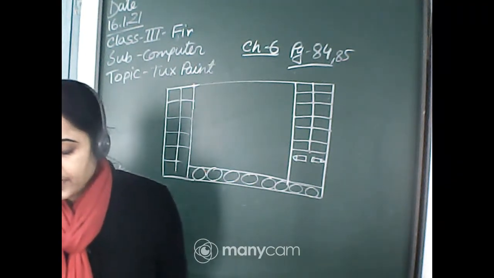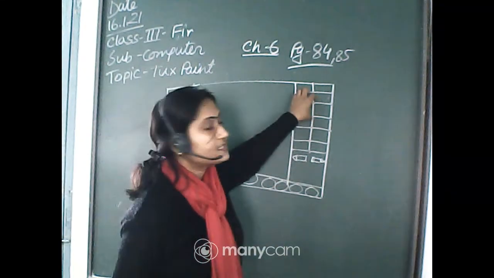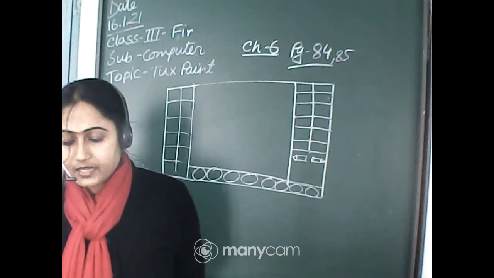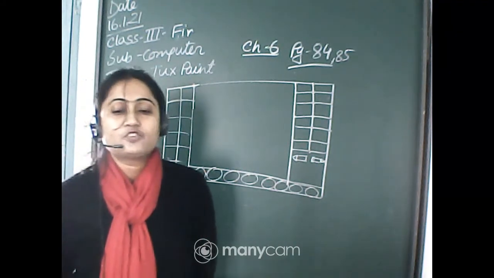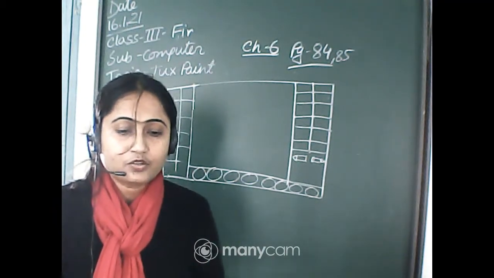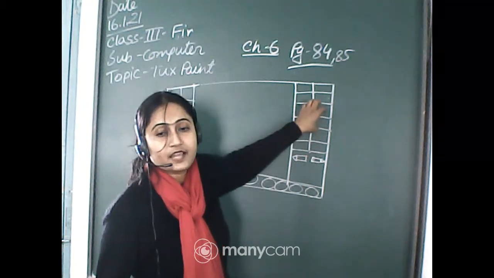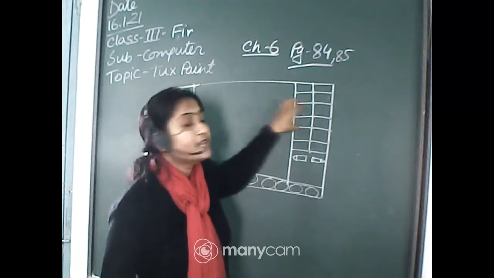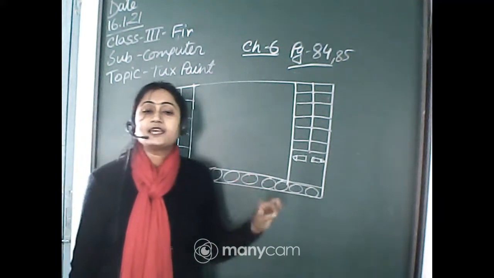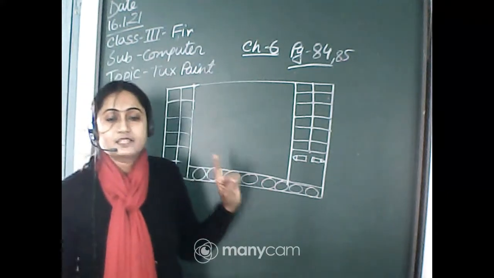Okay. So when you select the stamps tool from the toolbox, the right side selector turns into stamps. You just have to select the desired animal from the stamps and click it onto the drawing. Suppose you want to insert a dog, a cat, whatever you want, you just select the animal and click it. After selecting the stamp, you can choose the size of the stamp also.